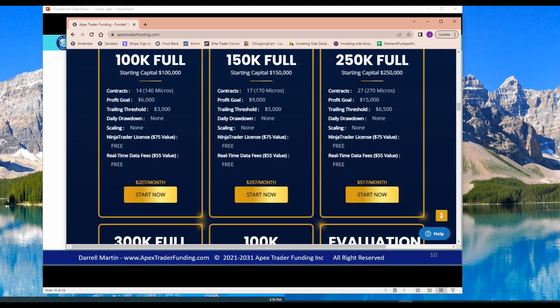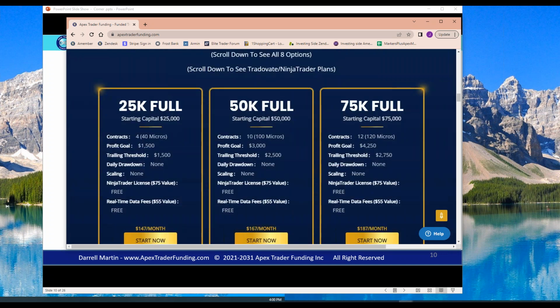You probably want an account that's got a bigger trailing loss threshold. Does that make sense? So many people go for, oh, well, the 50K seems cool and it's cheaper, I'll just do that. But they have this crazy strategy and they want to use a lot of contracts on these strategies that need big stops. And then what do you think happens? They hit their drawdown, start over. They hit their drawdown, start over.